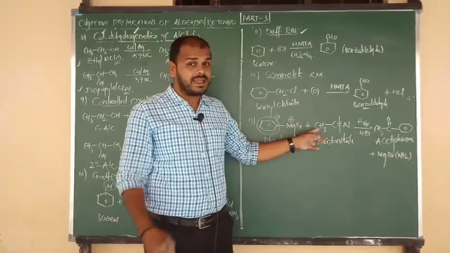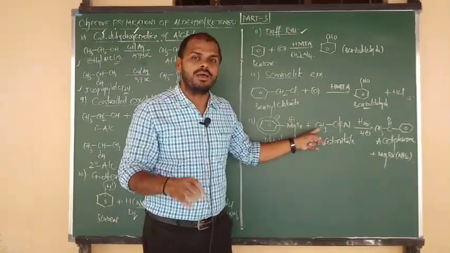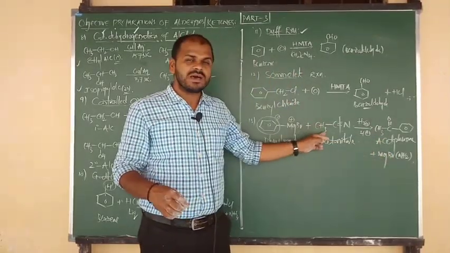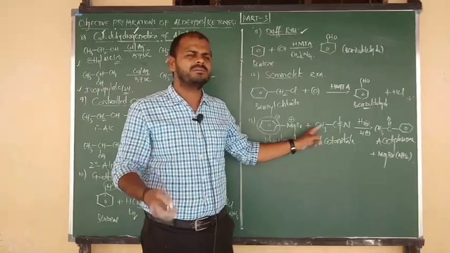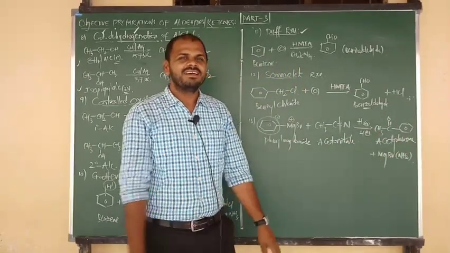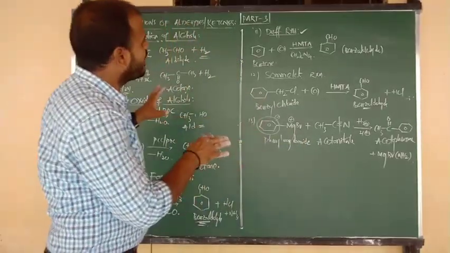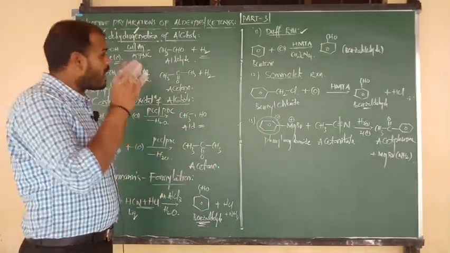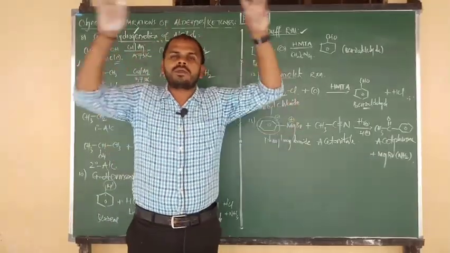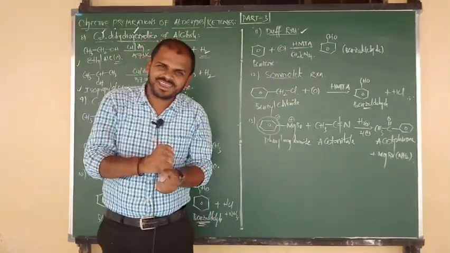In place of CH3, now I am going to take benzene. So acetonitrile gives acetophenone. In place of CH3, C6H5, that is benzonitrile, gives benzophenone. Okay, yes, these are the NCERT and objective preparations of aldehydes and ketones which are covered from all other organic chapters. Okay?